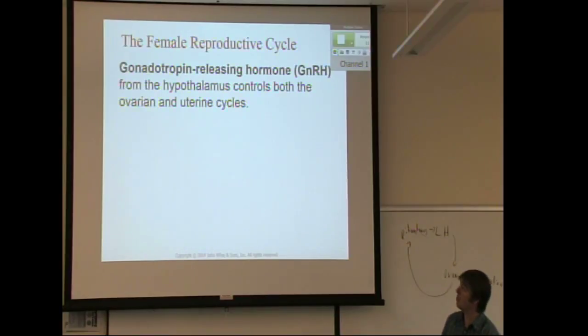Well, first, where's it made? Okay, and where does it go? Okay, and what does it tell the pituitary to do? Right. So same function, women and men. Made in the hypothalamus, goes to the pituitary, tells it to make LH and FSH. Same thing. And just like in men, when do you start making GnRH? It happens at puberty. That's kind of the signal.